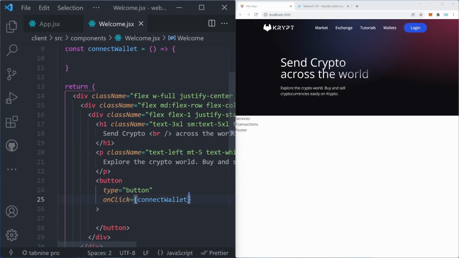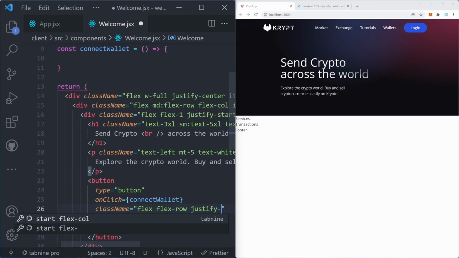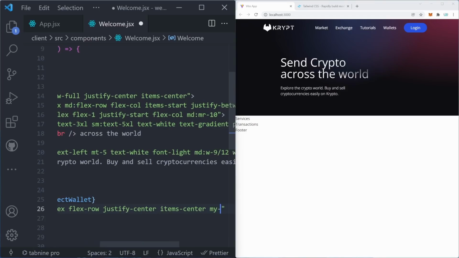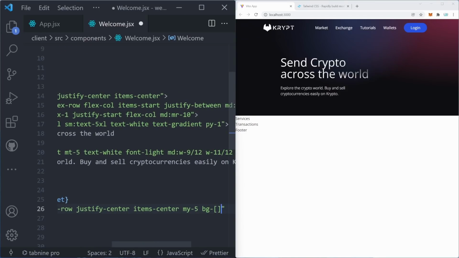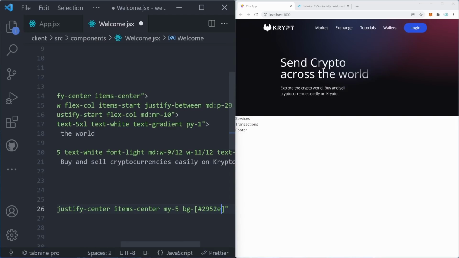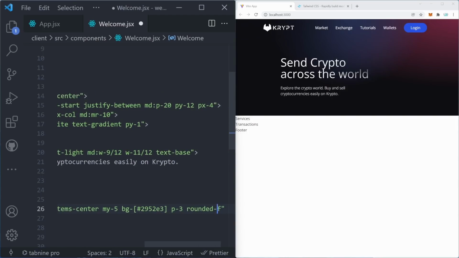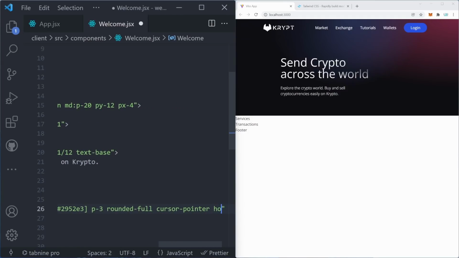Now, this button is also going to have a few class names. So we can say class name is equal to flex. It's also going to be flex-row, justify-center, items-center, margin y, meaning on top and bottom 5, bg dash, and then in square brackets, hash 2952E3, that's that blue color, padding dash 3, rounded dash full, cursor dash pointer, and then on hover, we want